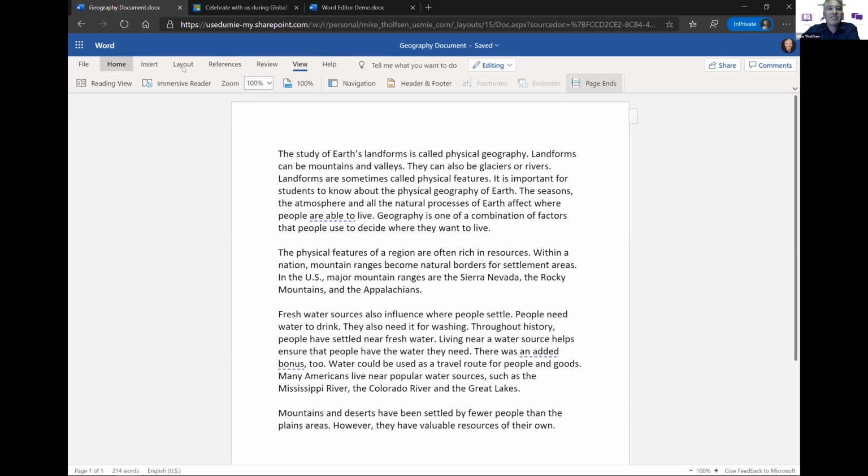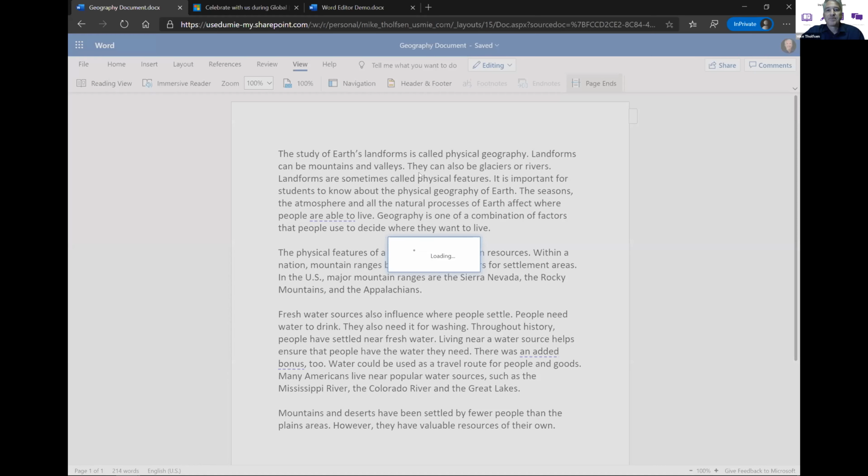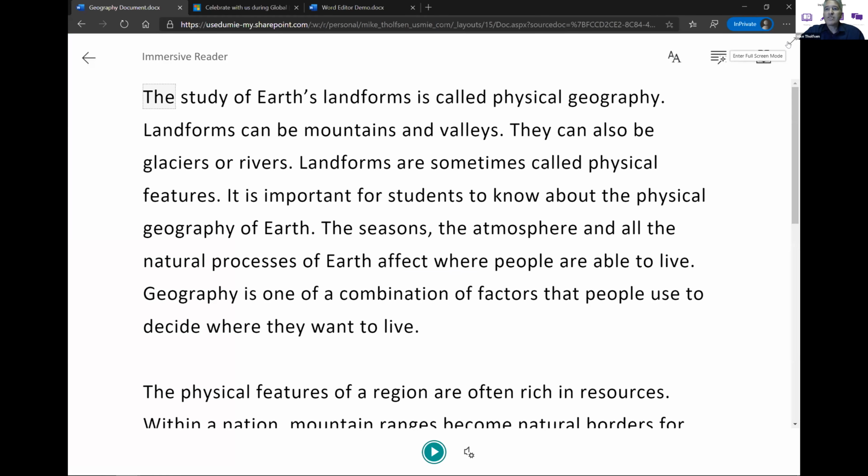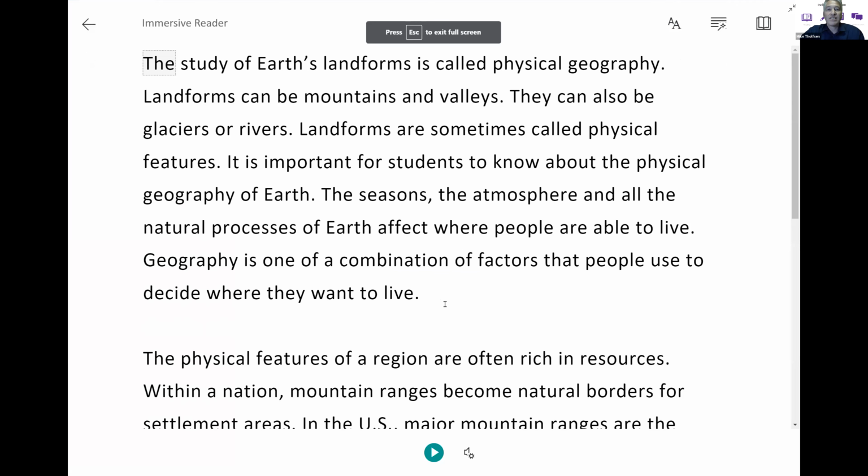So here I am in the free version of Word, and here's the Home tab. But if I switch over to the View menu in Word, there's this button called the Immersive Reader. I'm going to click this, and I'll walk through what you're going to see. First off, you can see that we reduce distraction on the page. We call this focus mode. Down at the bottom, there's a little play button. And when I click play,